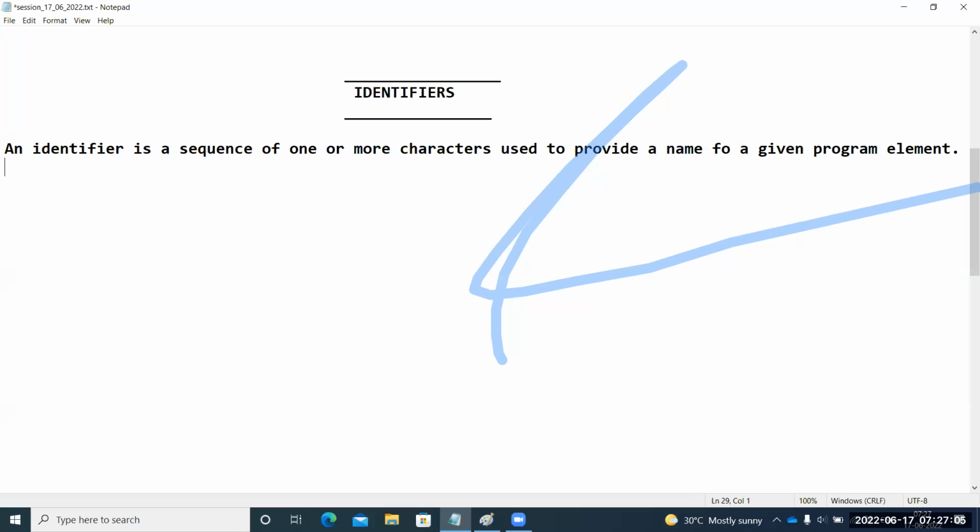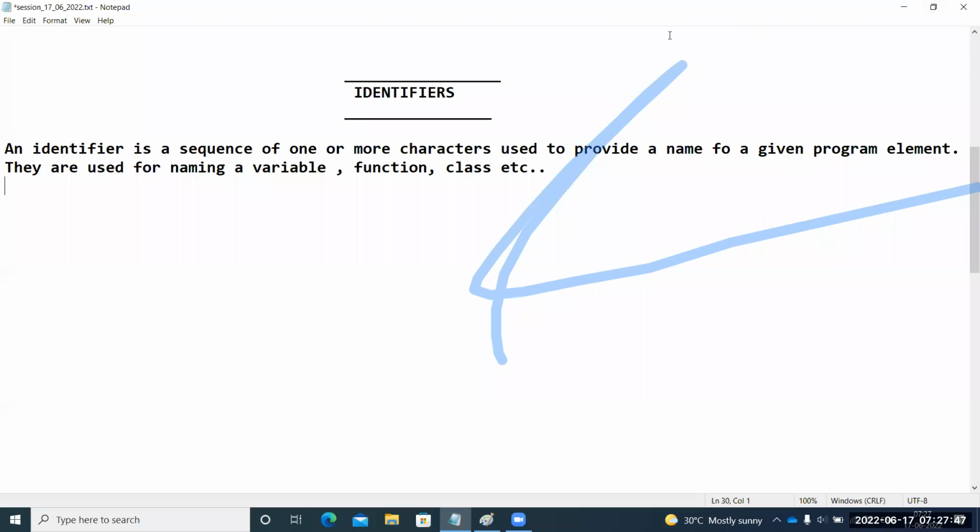Now, they are used for naming. Basically, identifiers are used for what purpose, guys? Naming purpose. Naming a variable. The definition of a variable is different from other programming languages, guys. In Python, I will talk about that when that session goes on. Name of a variable or a name of a function, name of a class or name of an object reference, whatever it may be, any naming element is called an identifier, right?